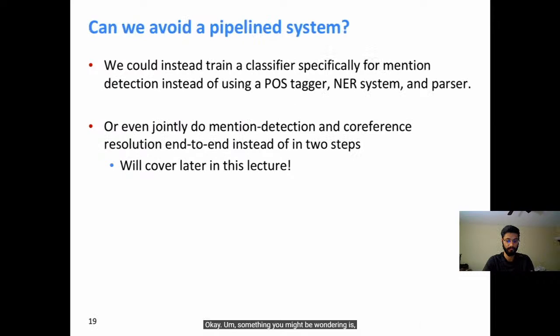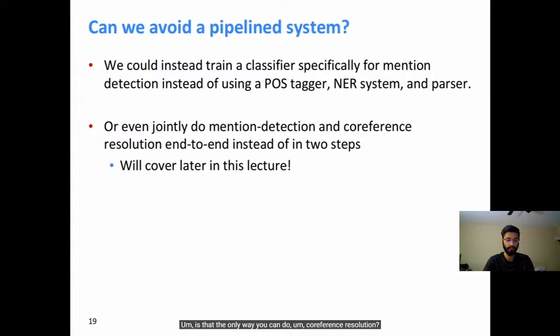Okay, something you might be wondering is, well, I've sort of implied now we have a pipeline. I'm saying we're going to run a part of speech tagger, and we're going to run a named entity recognizer, and we're going to run a parser, and we're going to run a mention detector, and then eventually we're going to run this co-ref clustering system. So we have a sort of a 5-step pipeline. Is that the only way you can do